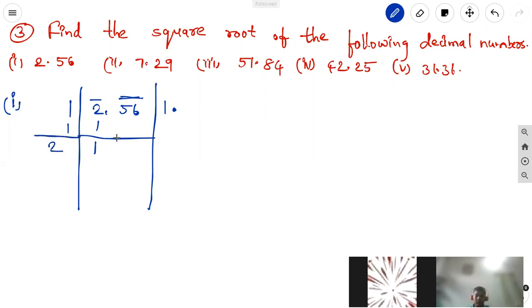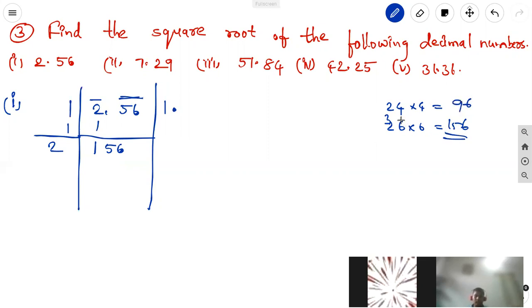The double of the quotient becomes 2. Now write the decimal part beside the 1, that is 156. The dividend is 156. Now you can check it. 6 will come: 4 4s are 16. Either you choose 24 into 4 or 26 into 6. 6 6s are 36, 6 2s are 12, 12 plus 3 is 15, 156. Why? Because 24 into 4 gives 96.